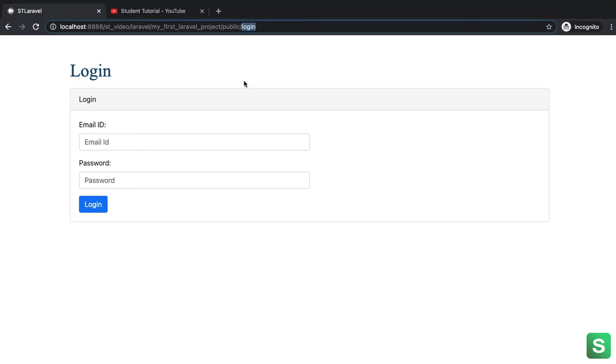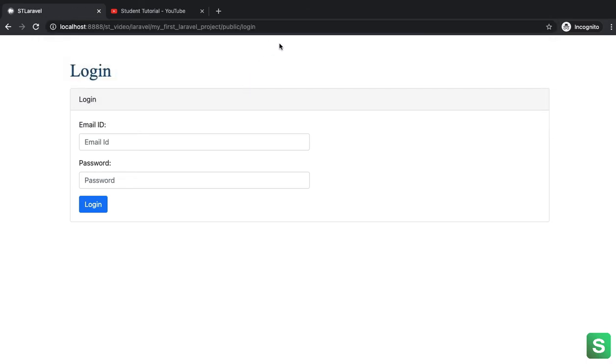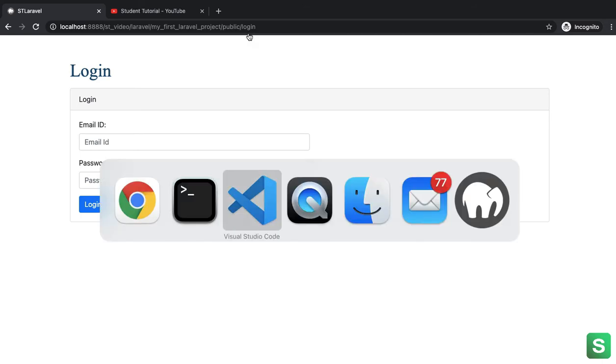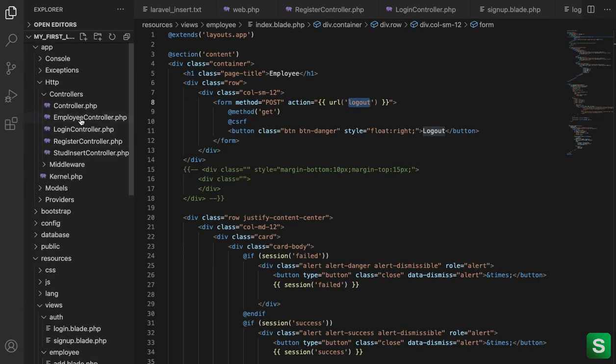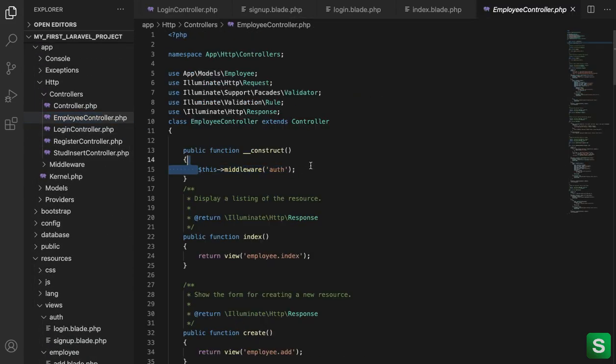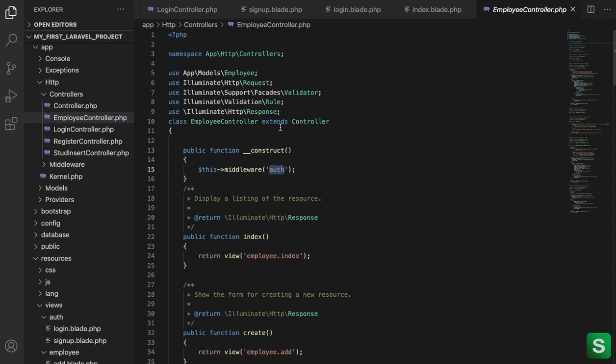If we try to access private routes like employee, it prevents me. See, we can't go there because I am not logged in. It is handled automatically by this line. You can see it again when we come to the employee controller. Here I am using the auth middleware in the constructor. If I mention it, it means all the functions can be accessed only after login, so we have to log in first. So this is the functionality of login and sign up, and it is fully customized.